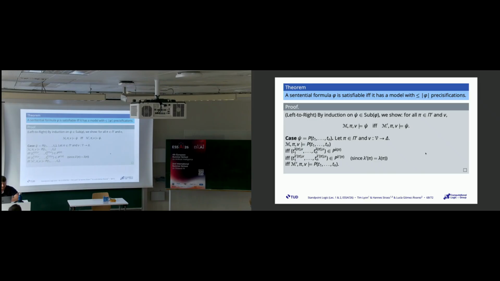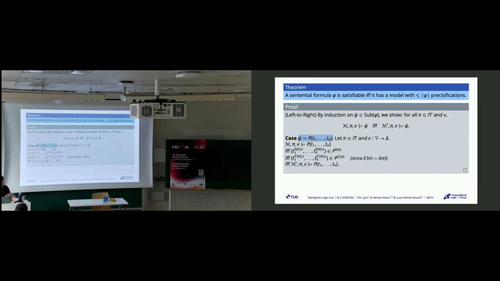And that's done by establishing by induction on the length of a subformula of phi the following equivalence. We show that for every precisification in pi prime and for every variable assignment v, that this subformula of phi holds relative to M, pi and v if and only if it holds relative to M prime, pi and v. Okay, so since this is an induction and we have to consider the length of this subformula psi, so in the base case,